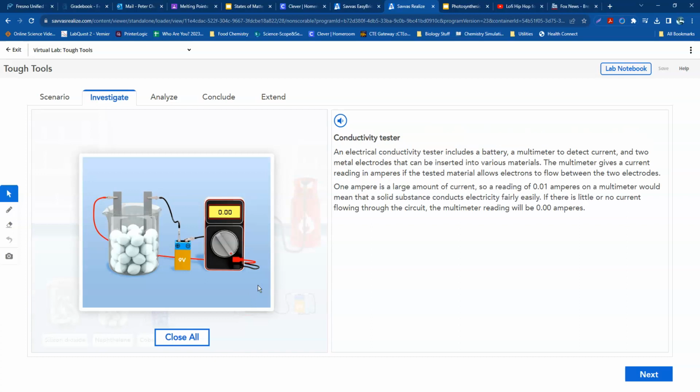This device right here, it's a conductivity tester. An electrical conductivity tester includes a battery, a multimeter to detect current, and 2 metal electrodes that can be inserted into various materials. The multimeter gives a current reading in amperes if the test material allows electrons to flow between